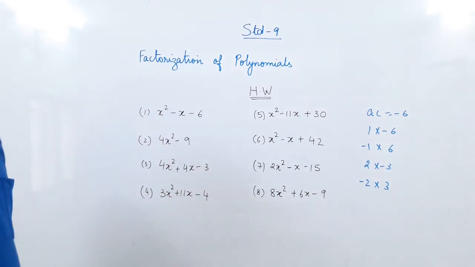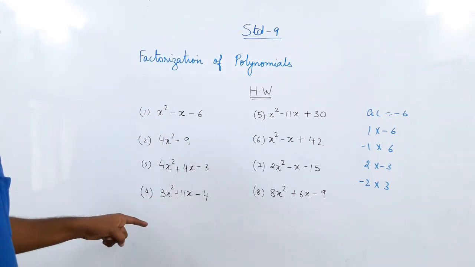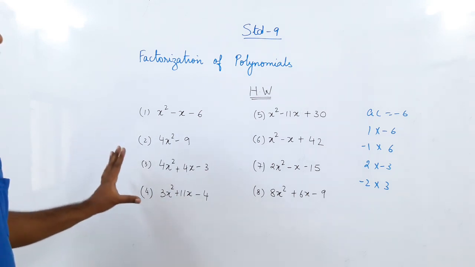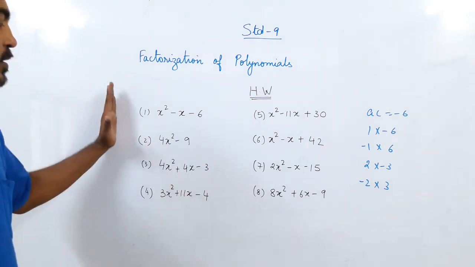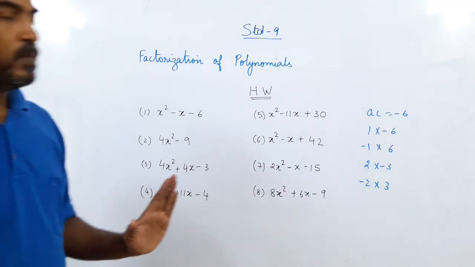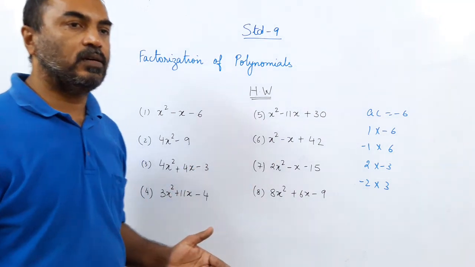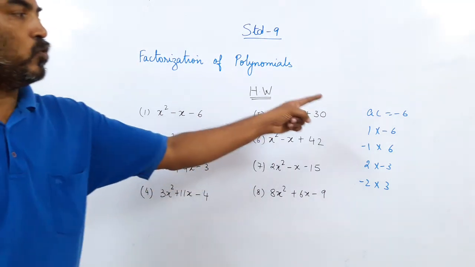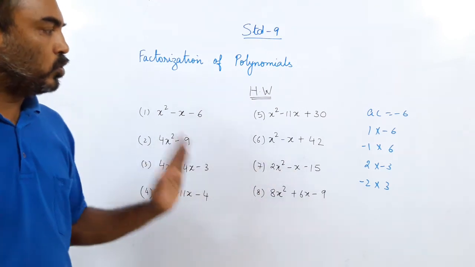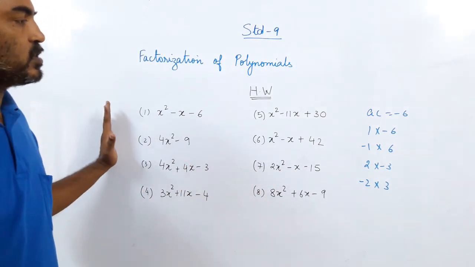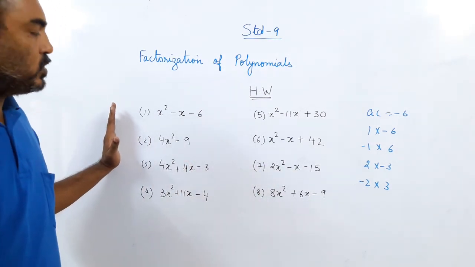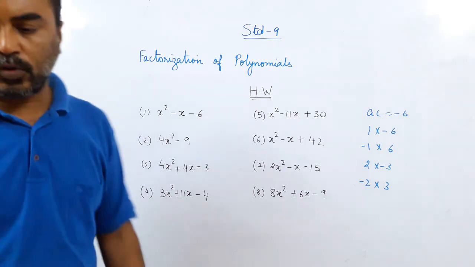So this is your homework for the day. Take your time. Okay, take your time, enough time. Learn to factorize this well. You may have done the method last year, but you have not followed the method. Then go by the method I showed you. Go slow. Take your time. Understand this method thoroughly. Do this homework and then send the photos to me.